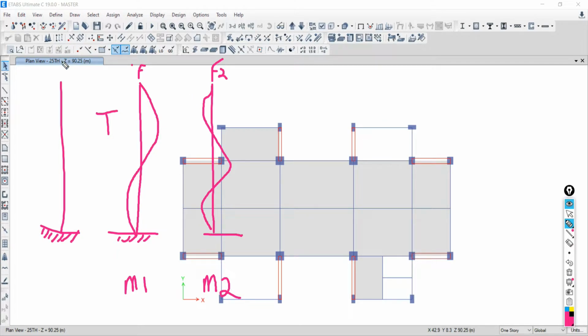So this is actually to see the dynamic behavior of the structure. Mode shape is the deformation, simple. And this will help to overcome the over deformation.